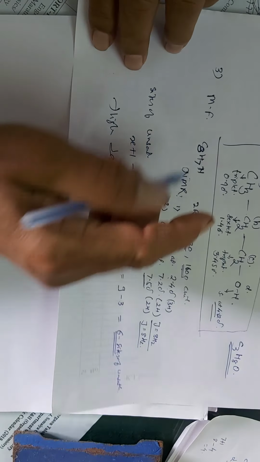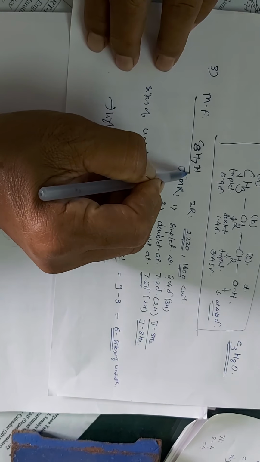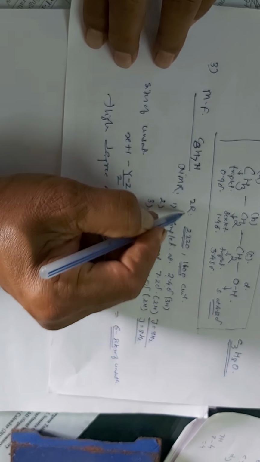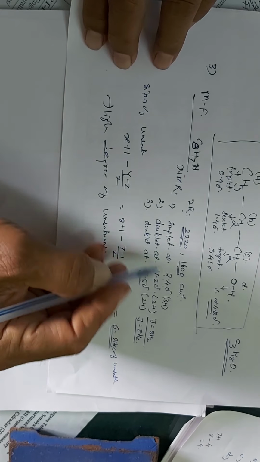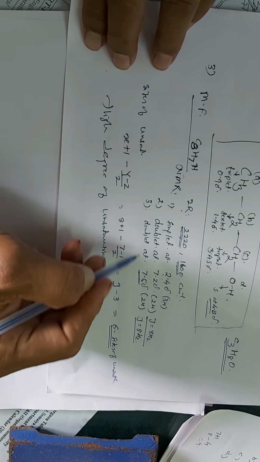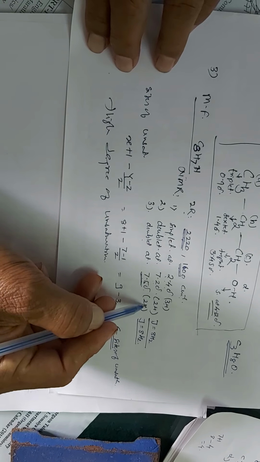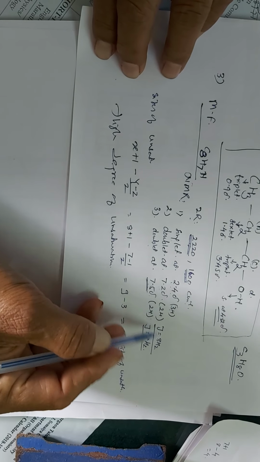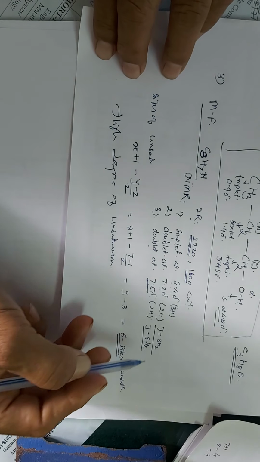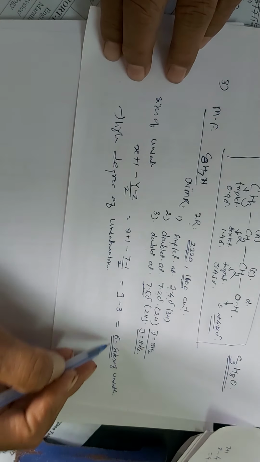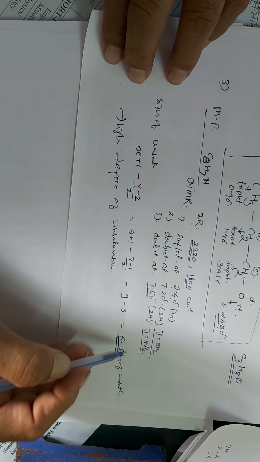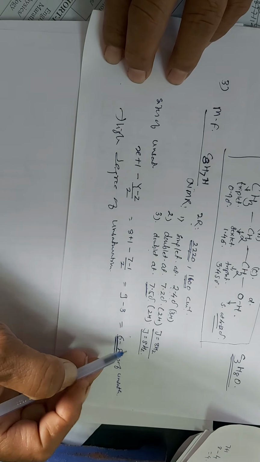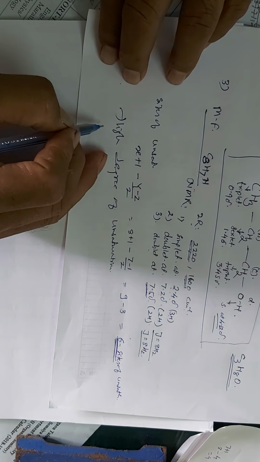So, we were solving the problem, and the problem in front of us was a compound having the molecular formula C8H7N, with IR data at 2200 and 1600 reciprocal centimeters, a singlet at 2.4 delta for 3 protons, a doublet at 7.2 for 2 protons, and a doublet at 7.5 delta for 2 protons, both having a coupling constant of 8 hertz. We have calculated the sites of unsaturation, and there is a high degree of unsaturation: it contains 6 sites of unsaturation.